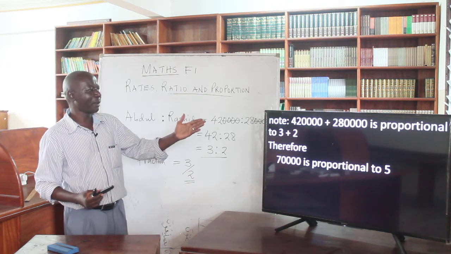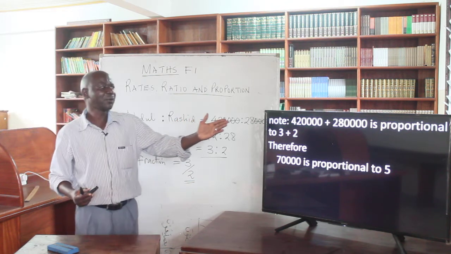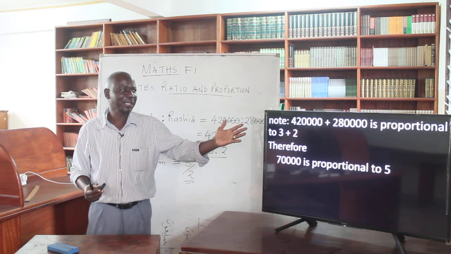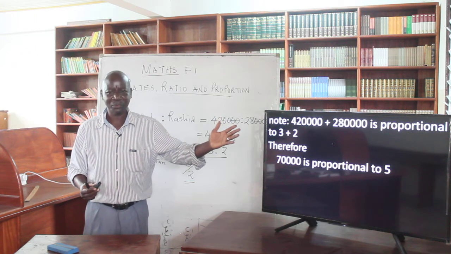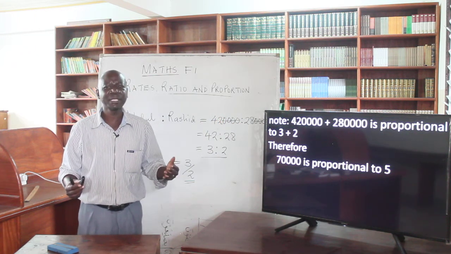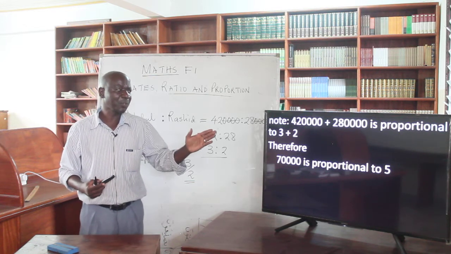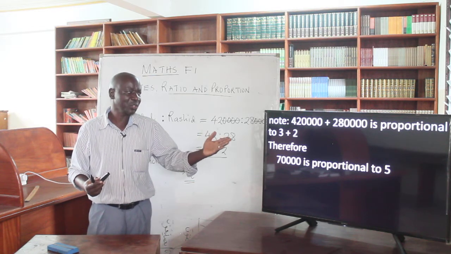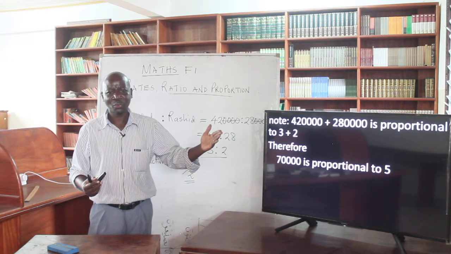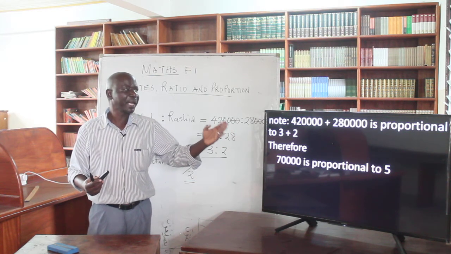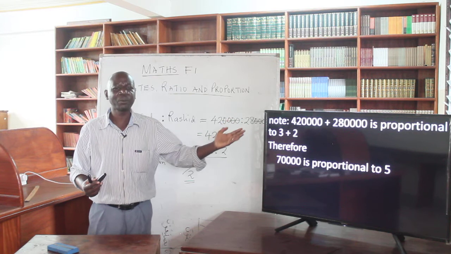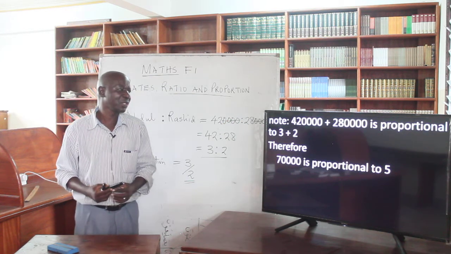The total quantity for Abdul and Rashid is 420,000 plus 280,000. That is the total amount of money they have, both of them in the bank. And this will be directly proportional to their ratios. The ratios are 3 and 2. So the total quantity will be directly proportional to the sum of the ratios, which is